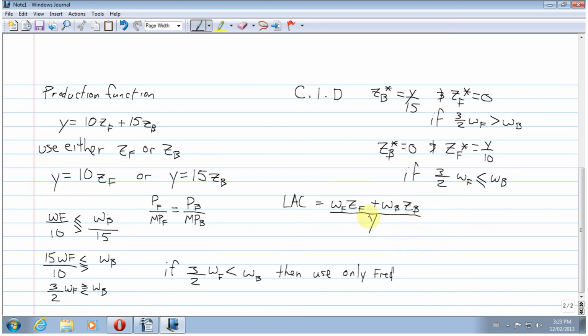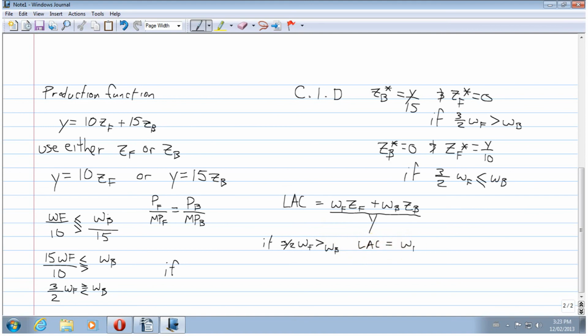So I'm just going to erase this use only Fred business here. So if 3 halves WF greater than WB, then LAC